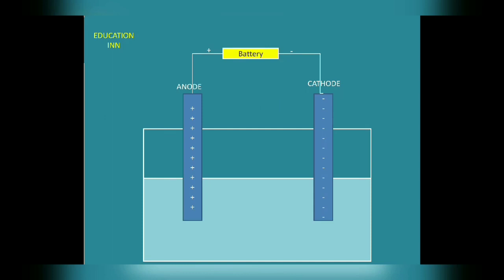So when the battery is turned on, reactions proceed, and chlorine appears at the anode and escapes out of the cell. Similarly, hydrogen gas appears at the cathode and escapes out of the cell. These gases are used for different purposes. For example, chlorine is used for killing bacteria, etc., and hydrogen is used as fuel in rockets. So these are collected for different purposes. And our main product, sodium hydroxide, is collected in this tank.